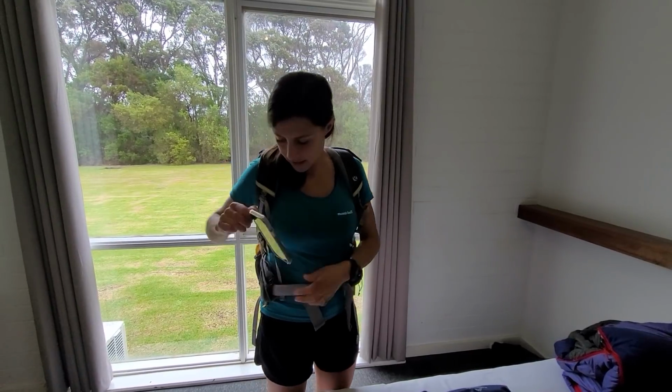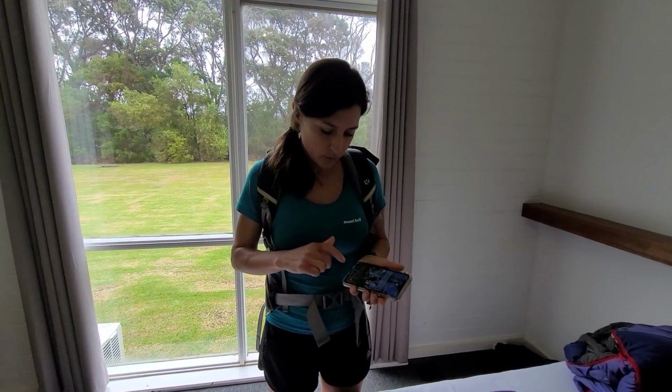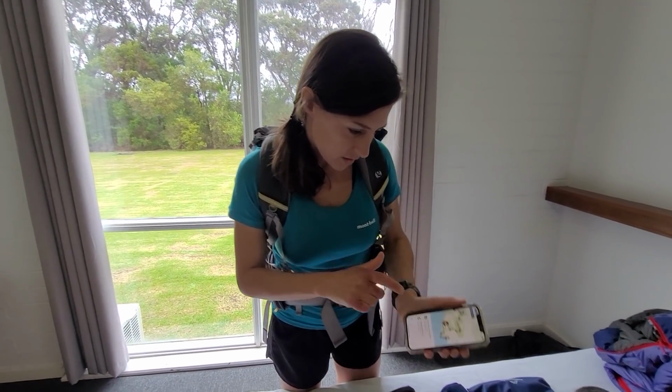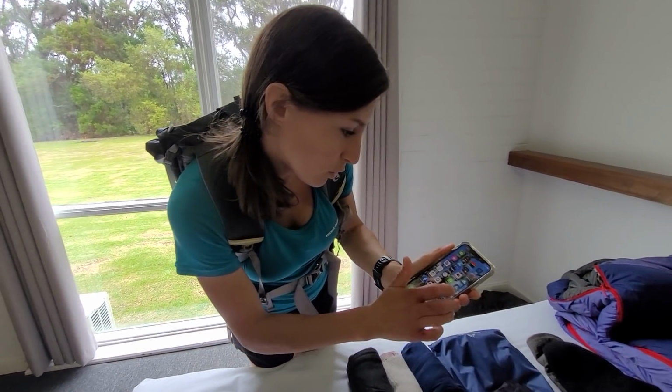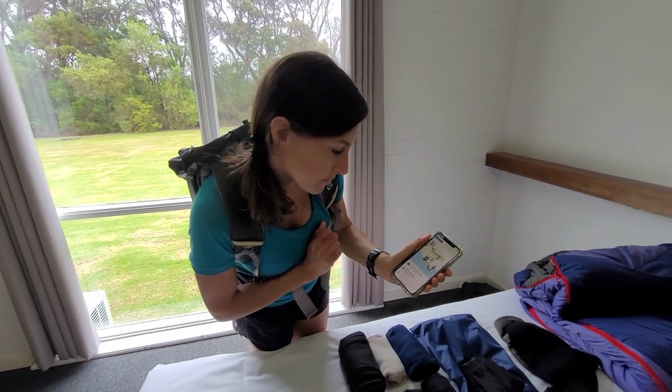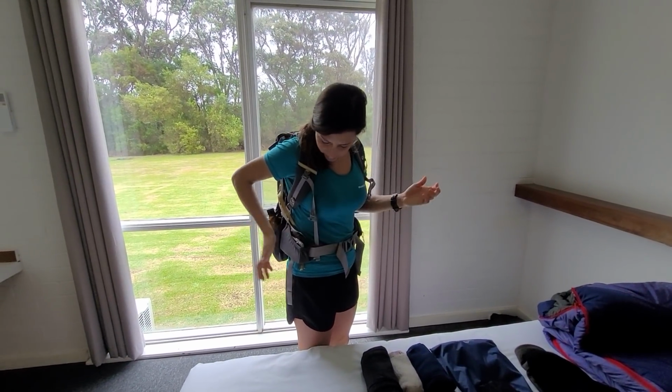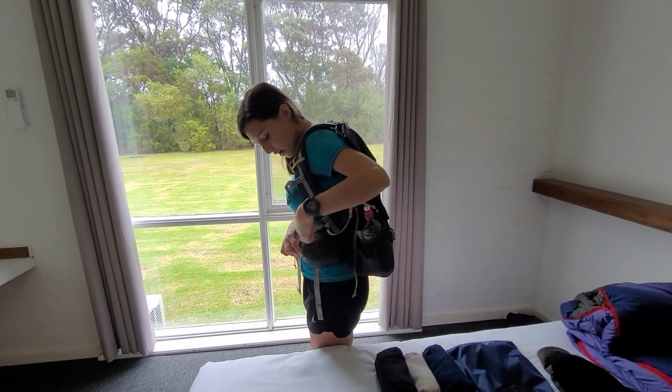On this pocket, I carry my phone, which I use for navigation. This is an app I use. It's called Guthook. So it's always here, handy to carry. On the other pocket,